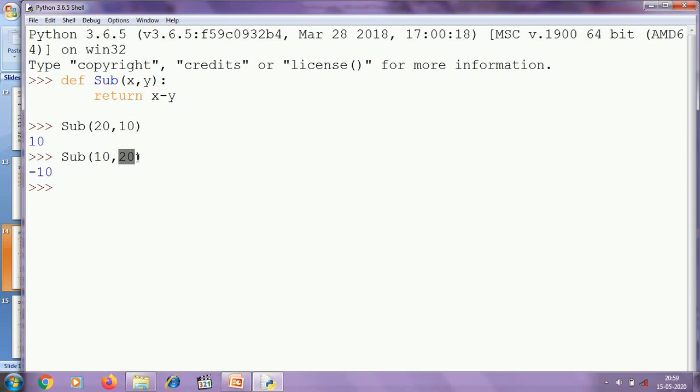At this moment you can think x is initialized with the value 10 and y is initialized with the value 20. But behind the scene, actually x is referencing the object 10 and y is referencing the object 20. In my next video I shall discuss passing string as argument, passing list as argument, passing dictionaries as arguments. Then I shall discuss these things in details. So this is basically positional arguments.